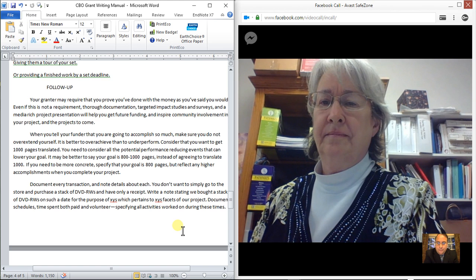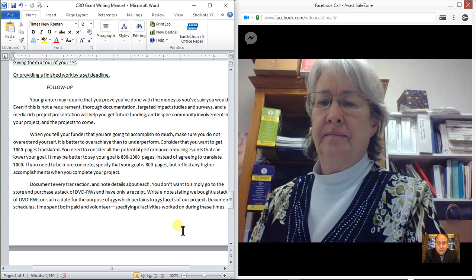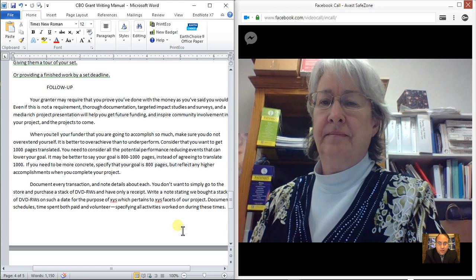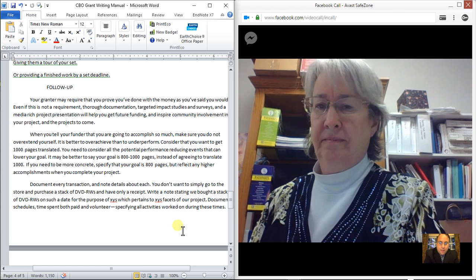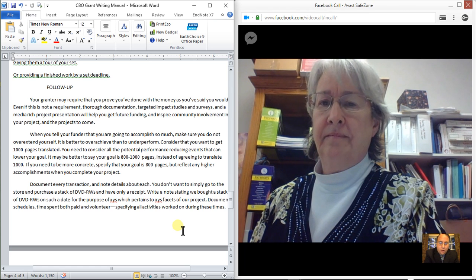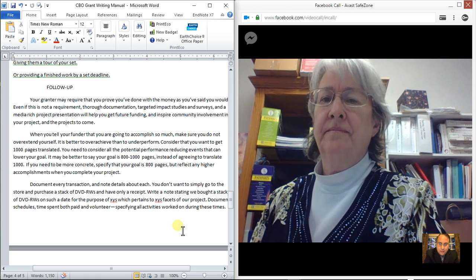Because a lot of times, as long as it's true, and as long as you're legit and you're doing things correctly and doing good work, they don't care. Most of the time, the people you're getting funds from are actually getting larger funds to give to little schools like you or little projects like you. So it's a trickle-down system most of the time.